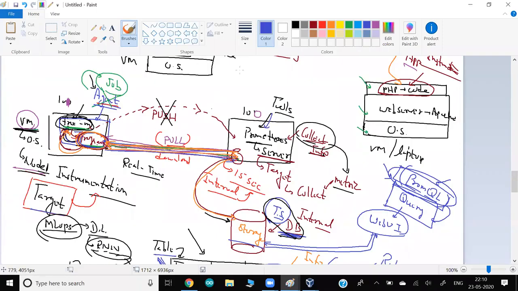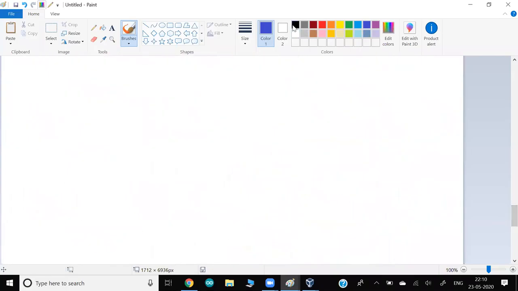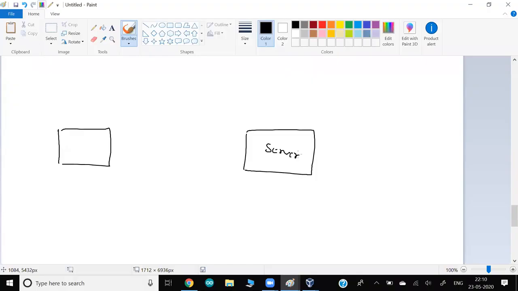If you see my current setup, let me give a very clean diagram, so it will be clearly visible what we are going to do. In my case, I have two nodes, or VMs. Here I'm going to install the Prometheus server, and this is the node that I would like to collect information from. I would like to monitor it. Because my plan is to monitor the entire node, this is called node instrumentation that we have to do. For this, we have to run one program here.